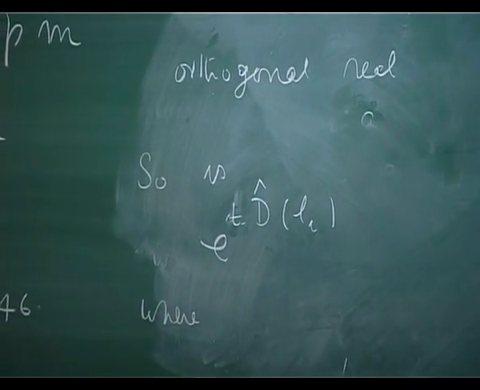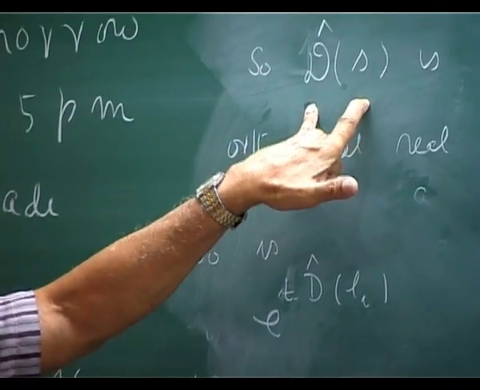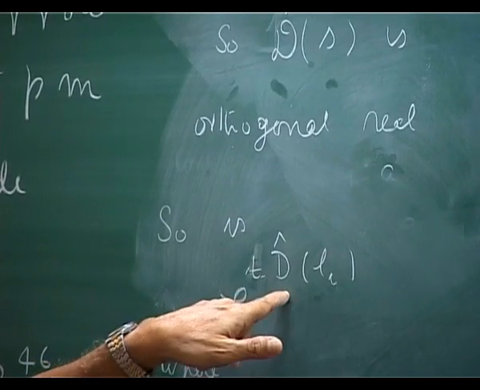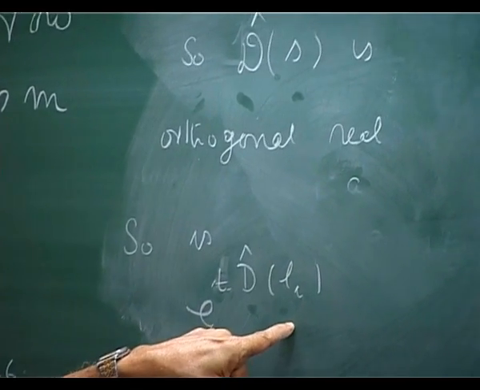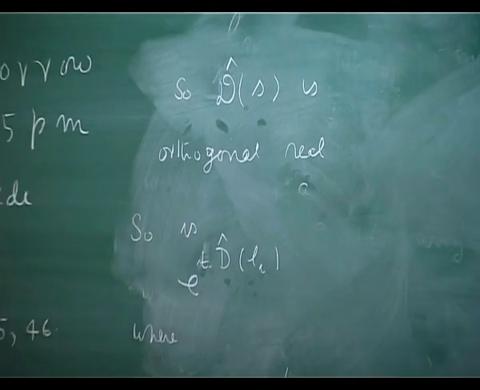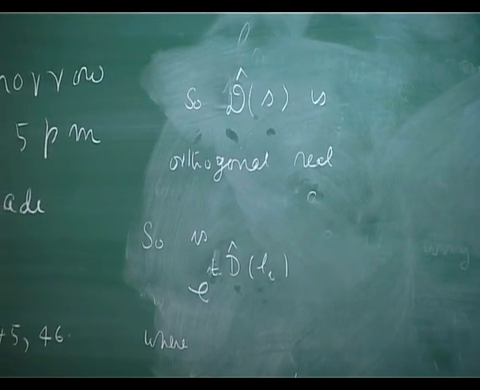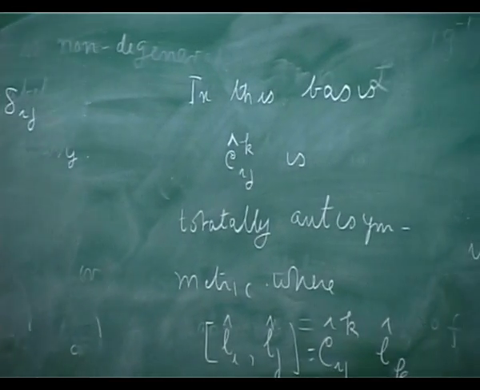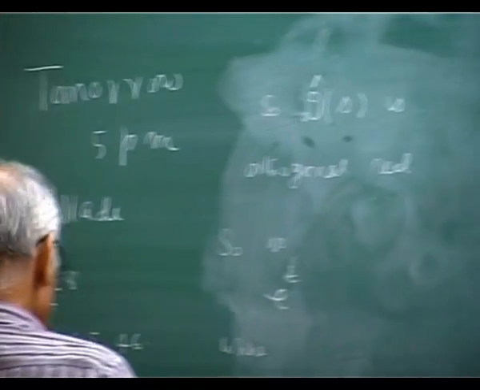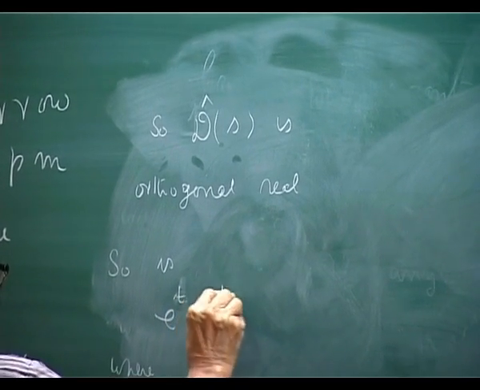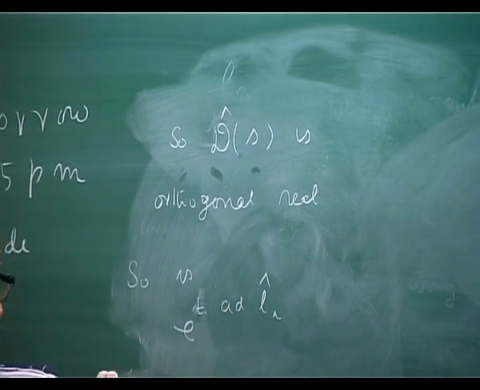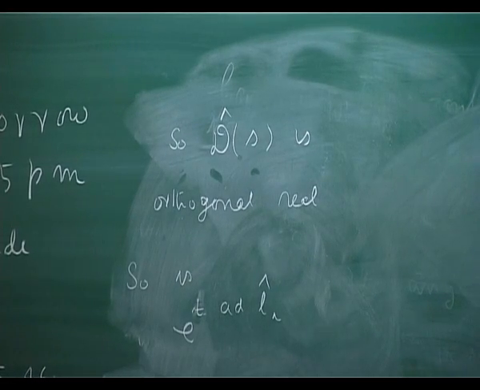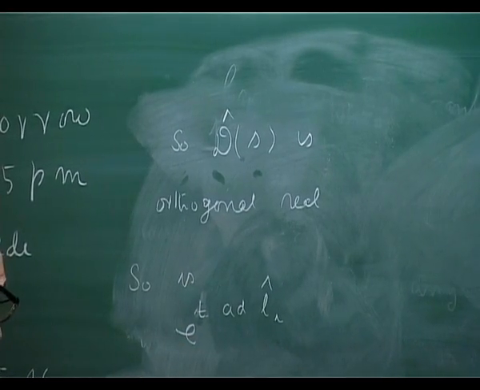What I am trying to do is, in this basis this is real orthogonal, so I am looking for the corresponding Lie algebra elements. Let me get the notation right. Let me write it correctly: ad L hat I, in this basis,